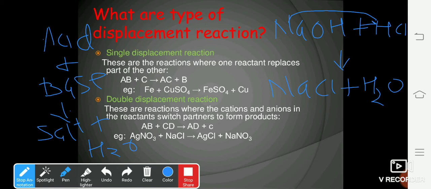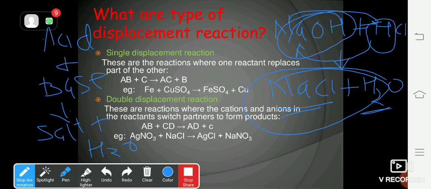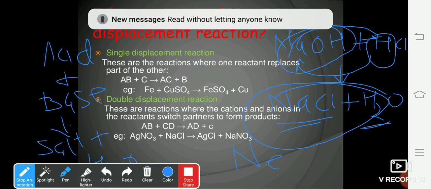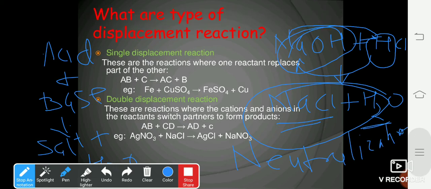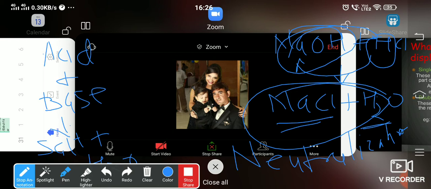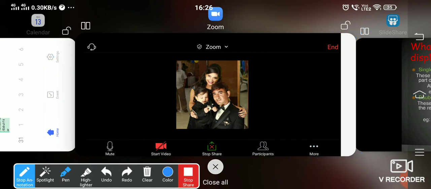How did I get the product? Na goes in place of H and H comes in place of Na. Now you can see when Na goes in place of H, the product formed is NaCl. HOH means water. Here an acid reacts with the base to produce salt and water. Therefore, this reaction is known as neutralization reaction. I hope the things are clear to you.